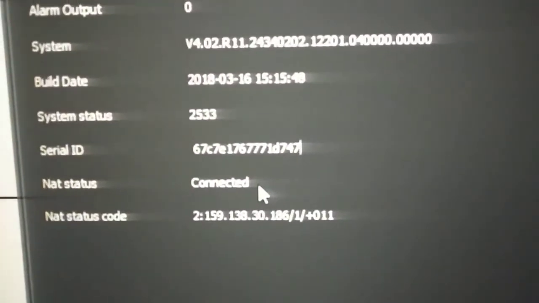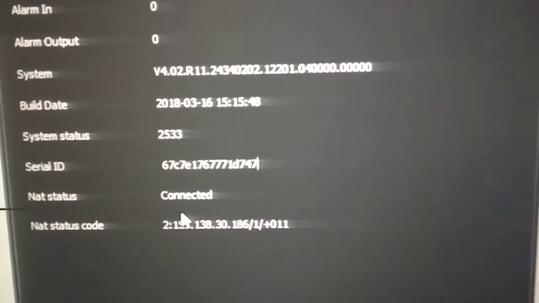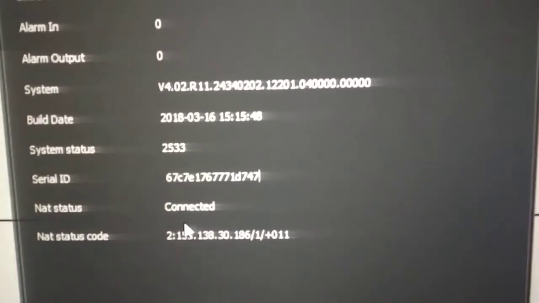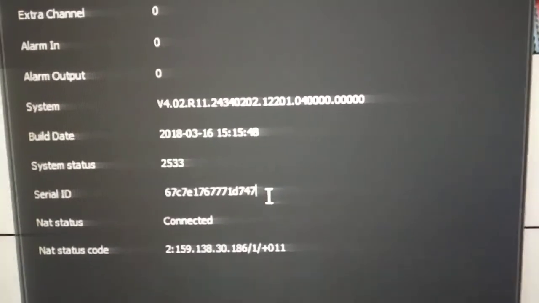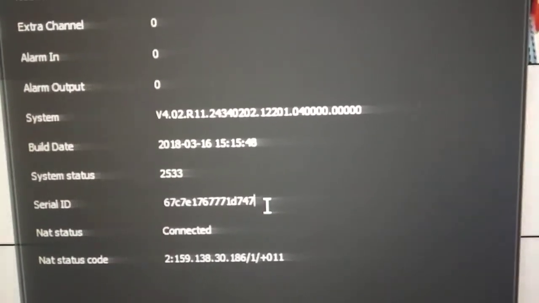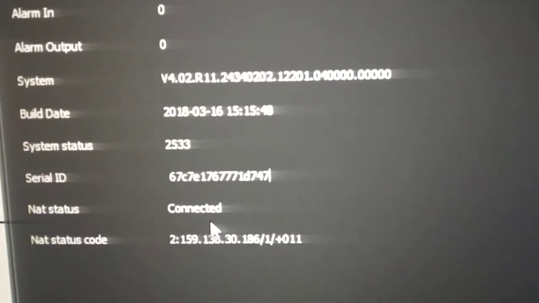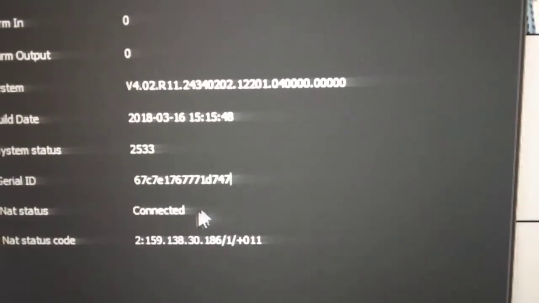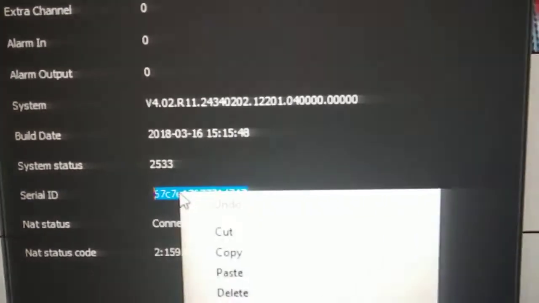If this is not showing connected, if it is showing probing DNS and connecting, that means there is a problem in the internet connection. So need to check cables and routers and internet, all things. So now this DVR is online, so it is showing connected. So I only copy the serial number.